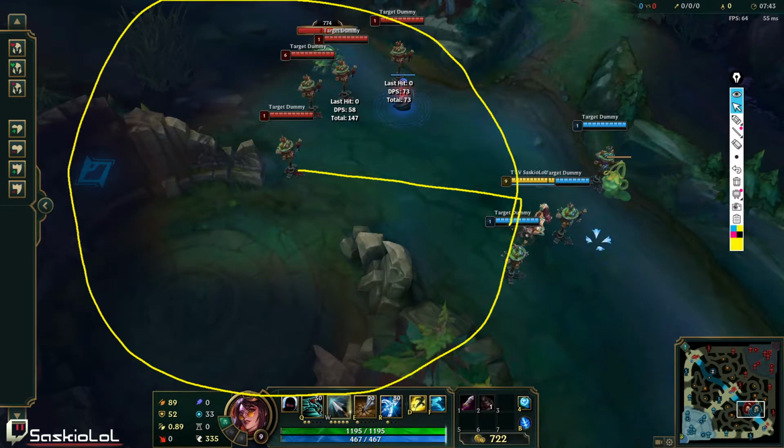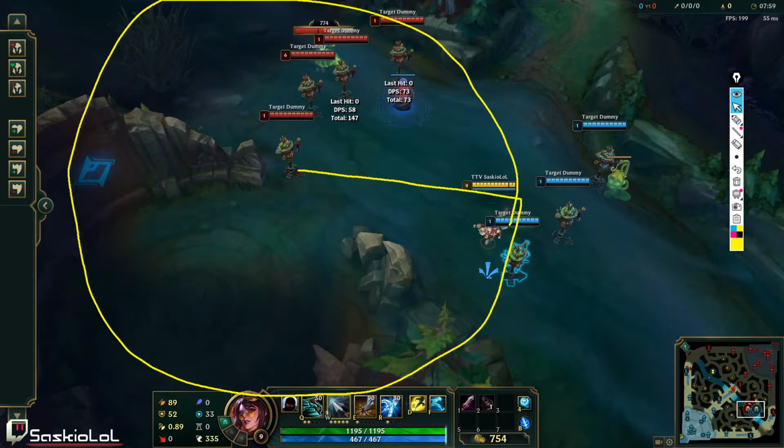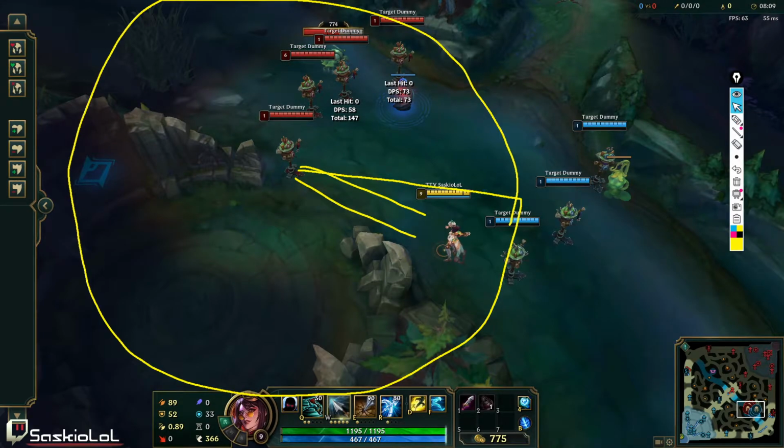So let's say we want to enter her range, okay? Which is fine. We want to enter her range. So now, we need to calculate the distance it would take for her ability to reach me, aka how long, and now the hitbox of the actual ability itself, okay? So now when we enter her range, we want to watch for the hitbox. So let's say right here, the hitbox is like this, right? It's pretty bullshit hitbox sometimes, but yeah. So right there, that would be roughly the hitbox of Lux Q, right?